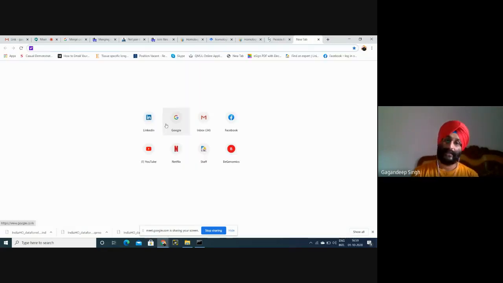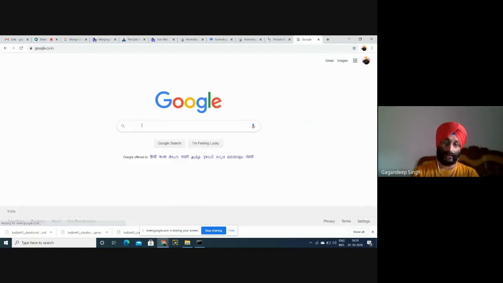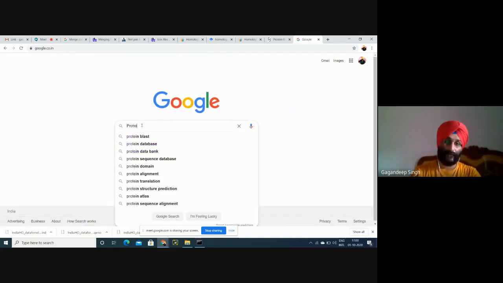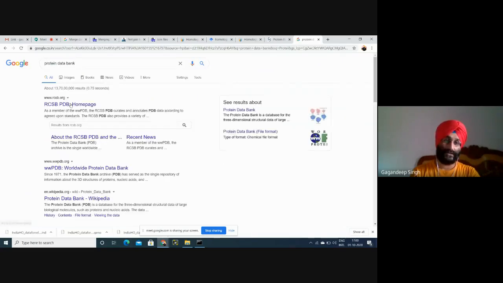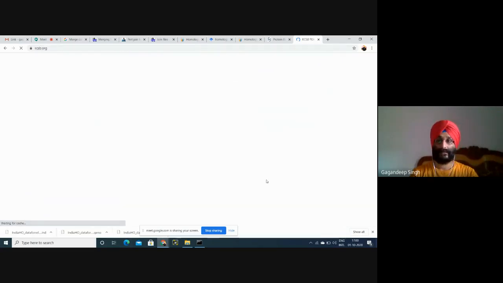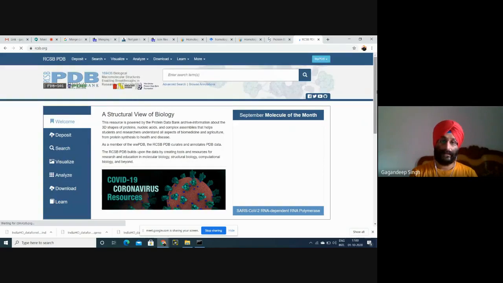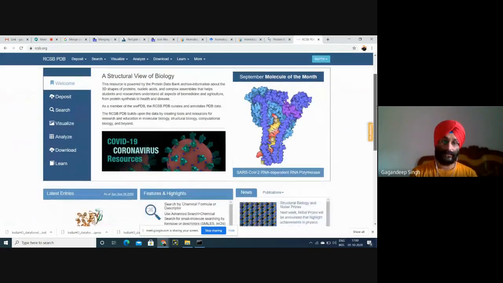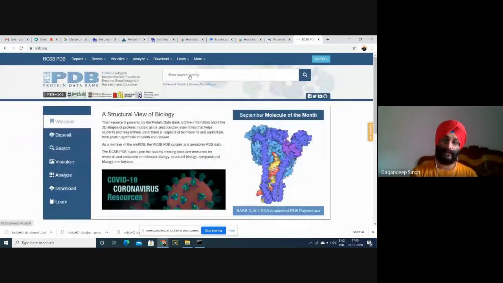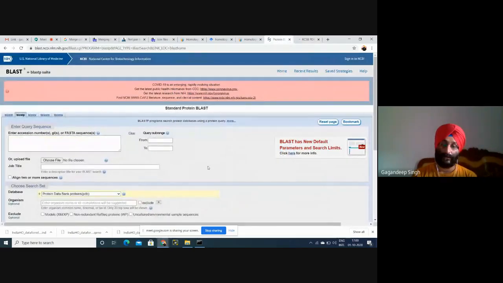You can easily find this by googling Protein Data Bank database. There is information about sequence and structures. This is the homepage of the Protein Data Bank database. All the structures are available. You can enter the name, what kind of structure it is, what the functional part is, and you can easily find your proteins by using the ID that it will provide after the BLAST results. That we'll do tomorrow.